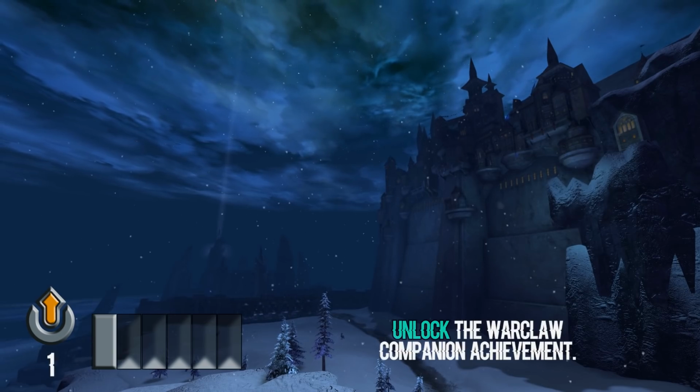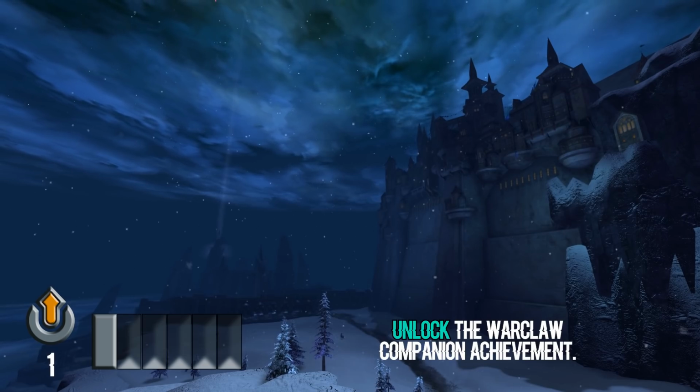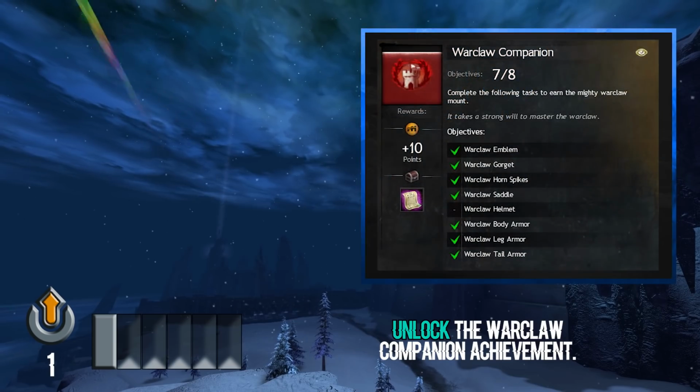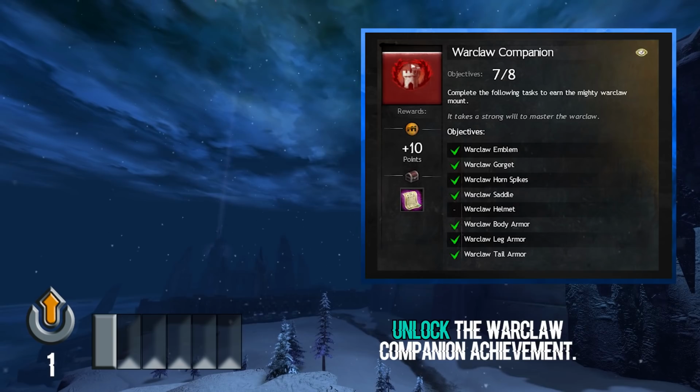To acquire your very own Warclaw mount, the very first thing you need to do is to simply spend a single World vs. World rank point in the new World vs. World Warclaw Mastery line. These rank points are earned through ranking up in the game mode. This first point will unlock the Warclaw Companion Collection achievement, which will track your progress on the way to acquiring